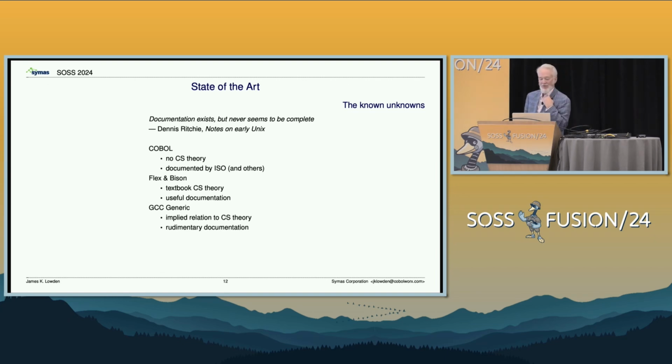So I had the easy part. COBOL is a documented language. It predates Backus-Naur, by the way, so it's not exactly designed to be parsed. But nevertheless, it has a definition. And I use tools that are also very well documented. Flex and Bison are based on well understood computer science theory, and they have good documentation. I had some qualms with their documentation, but I've been able to use their tools to do what needs to be done.